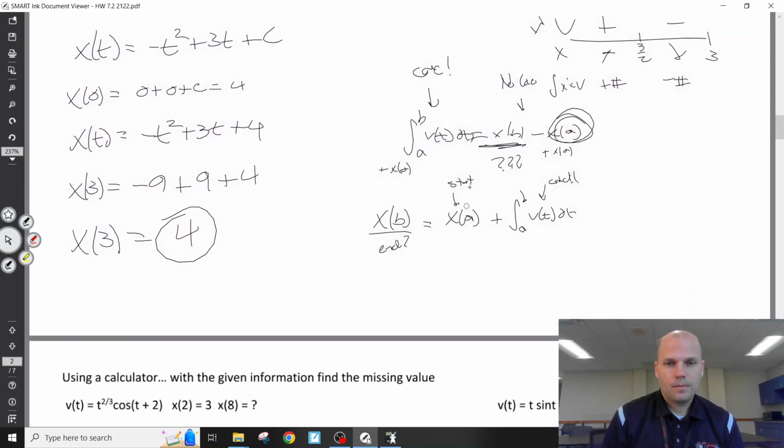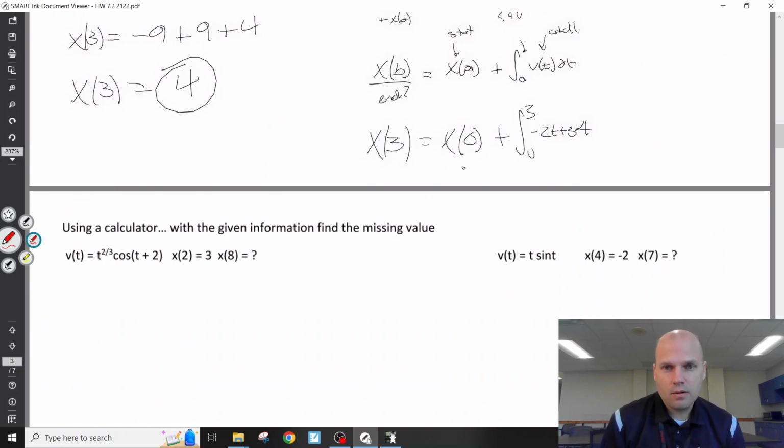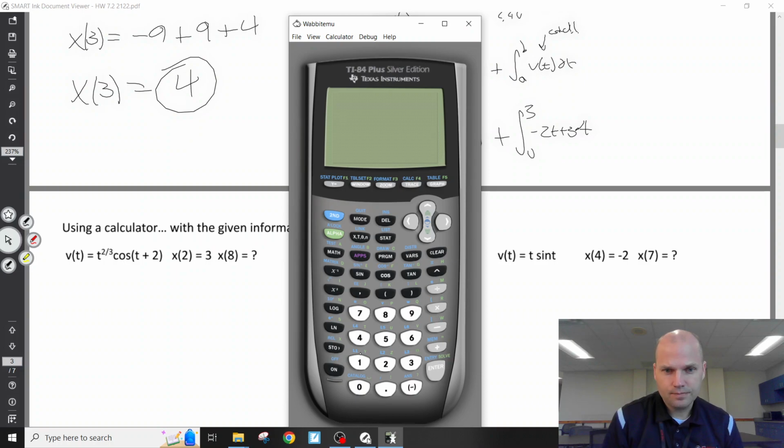So, my unknown position at 3 equals my known position at 0 plus my displacement, or my change in my position, from 0 to 3. X of 0 was 4. Using your calculator,